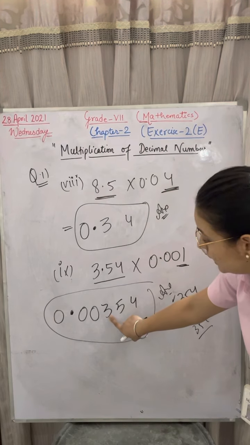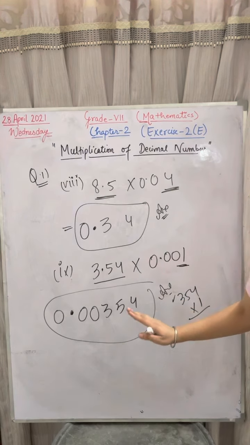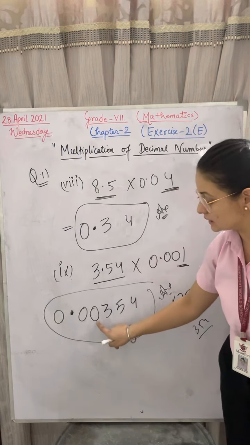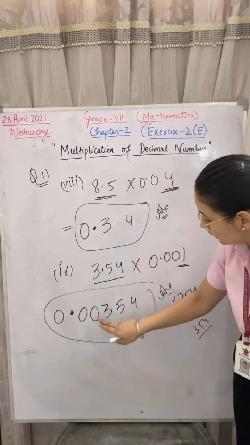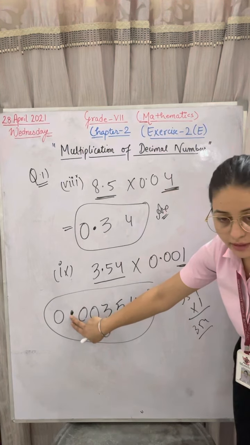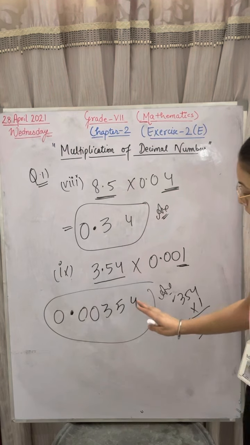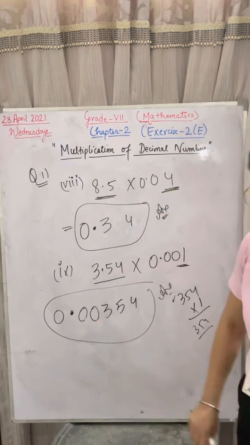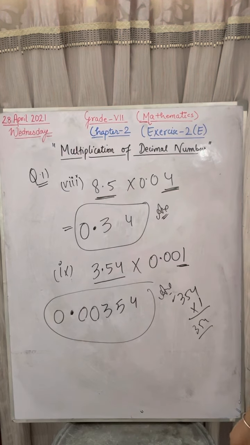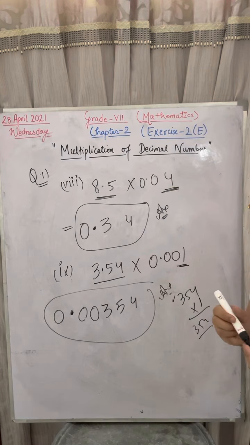1, 2, 3 are given and 2 you have to place. If the other 2 numbers are not given, then you can place 0, that many zeros. So 1, 2, 3, 4, 5. Then you can place the decimal. So it will be your answer. The decimal should be before 5 digits according to this question. 1, 2, 3, 4, 5. It's clear, Abhijot? Everyone, is it clear to you? Ekam, Anirudh, are you getting the concept, Anirudh?